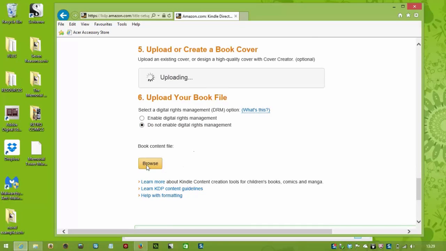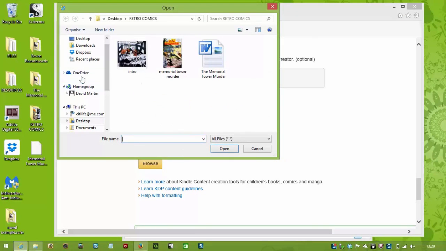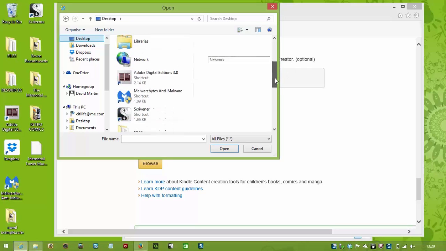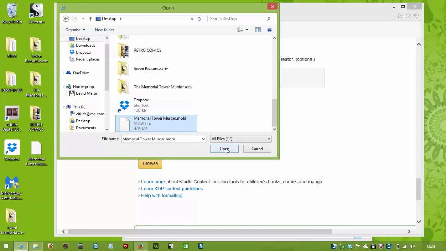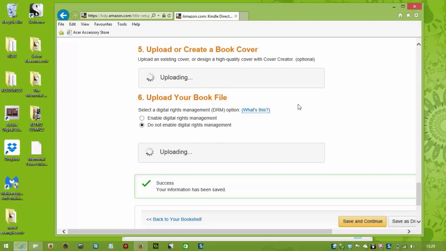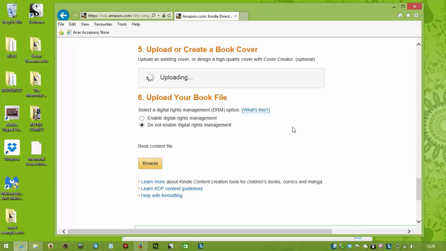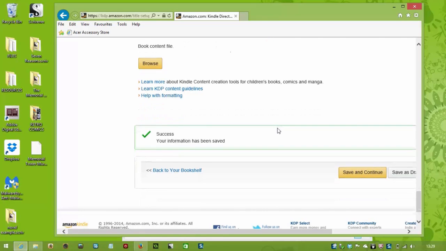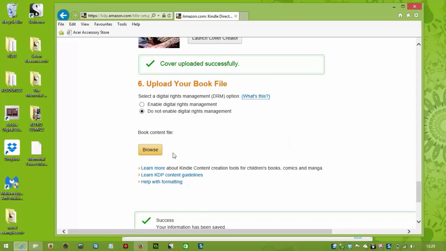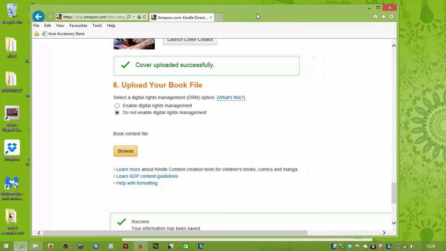going to upload that, and then I go for my book file, which we saved onto the desktop, and this is the file that's just been created by Scrivener. Just open that and it will upload it. Okay, and so we'll just wait a couple of minutes while it does that. Okay, just that quick. Okay, so the book file has been uploaded now, and I want to just take a